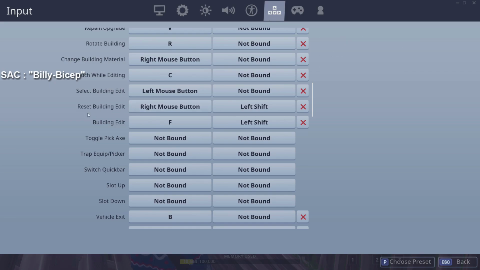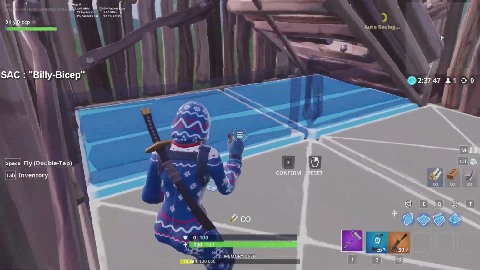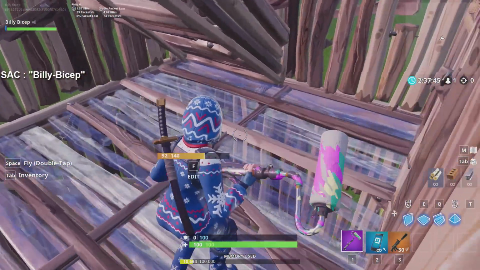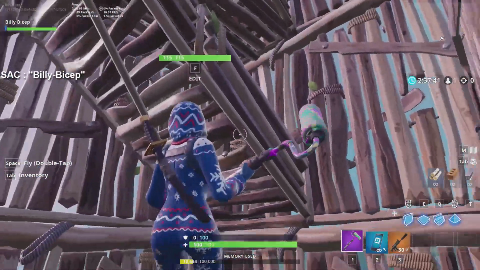Now if I bind these 2 commands to one unused key, for me that is left shift, I do not have left shift bound to any other action. If I bind these 2 functions to left shift, I tap shift once and I select this edit, press it again, and it confirms that edit. Now this is going to let me climb up this 1x1